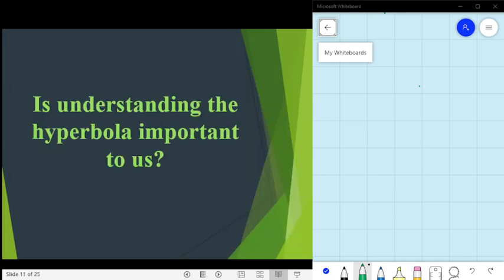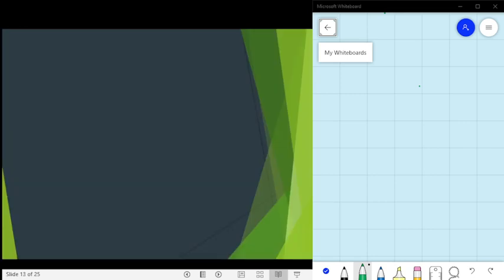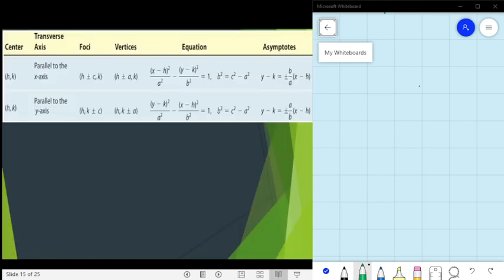Okay, is understanding the hyperbola important to us? Yes, very important because it is applicable in the different day-to-day activities or sa atong mga palibot, di ba? So, naka-form ang hyperbolic system sa mga kanang pagkuan sa airplane. So, naay mga different mga maporma ang mga hyperbolic nga radio signals. Okay, it is applied in architecture, kanang mga design, and then engineering, and we have the equation of a hyperbola